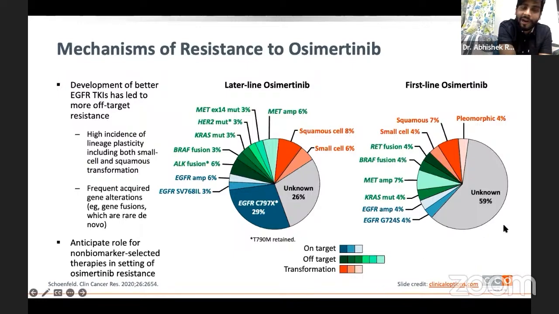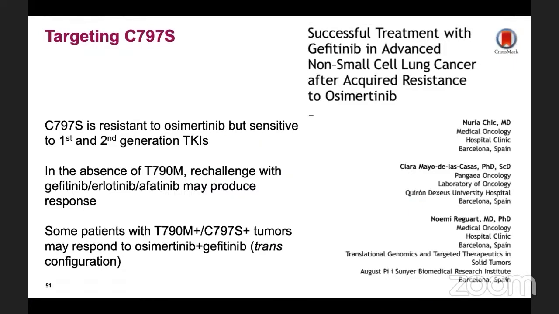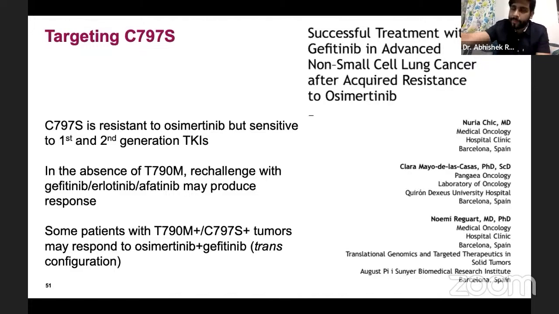So there is some data to support that. And yeah, I think there is some cis or trans C797S mutation as well, where first generation will work, and in the other one, I think it's the osimertinib will work. So I think it's something with cis or trans. Considering that there is a limited availability of